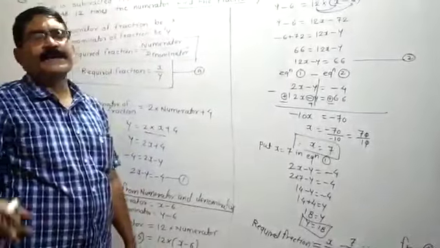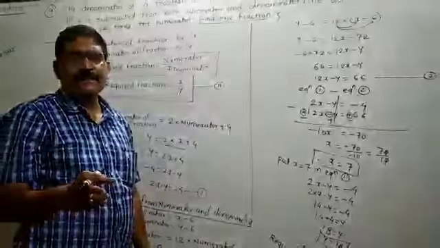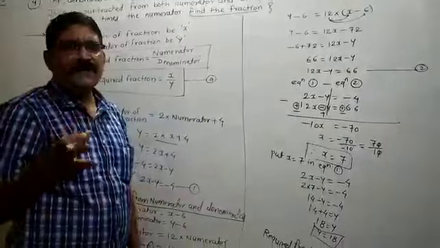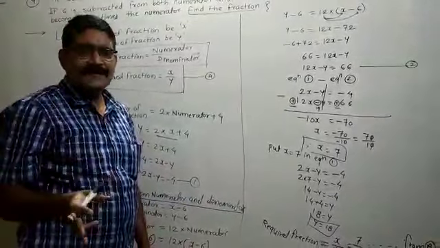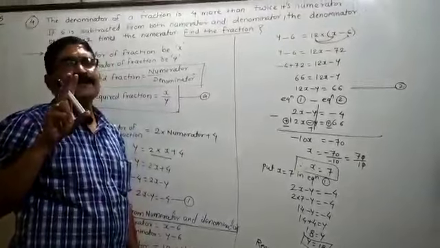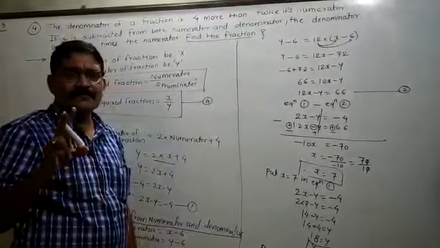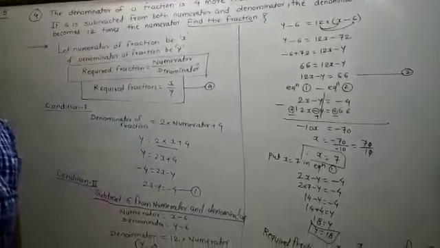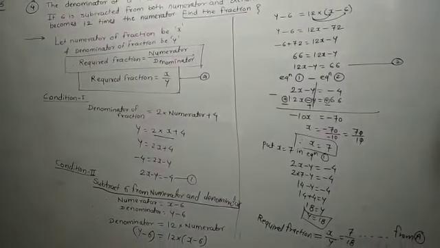Everybody understand? Read the example properly. You have to search the two conditions. You have to read the last line, decide which variables you have to consider for what, and after that you have to frame the equation according to the condition and solve the example. I think you understand. Write this example properly.